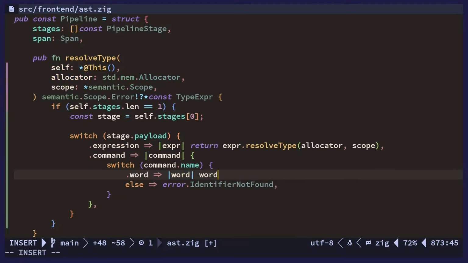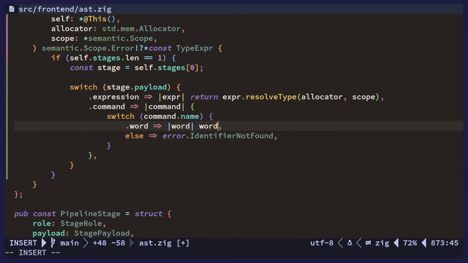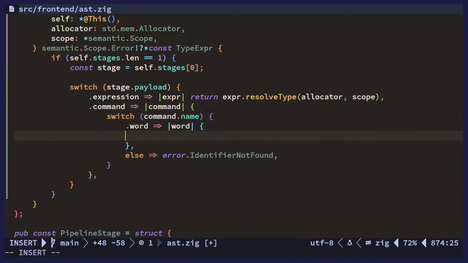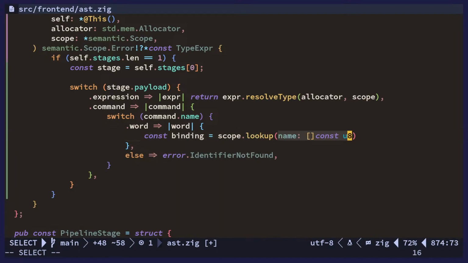If we have a word, and the word is just text. Okay. Right. And if we have a word, I know this is horribly nested here, but whatever. This is highly temporary anyway. If we have a word, then we want to do a lookup. So this would be some kind of binding that we might get from the scope. Now we can do a lookup with word.text. Okay, and then we maybe get a binding. If we don't get a binding,